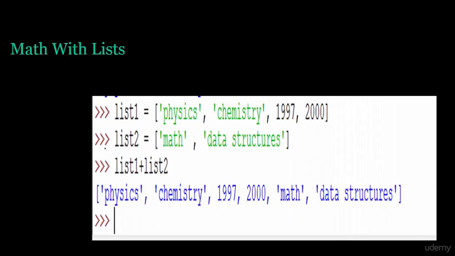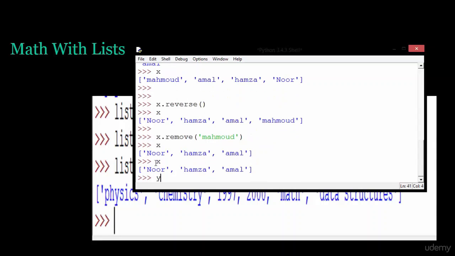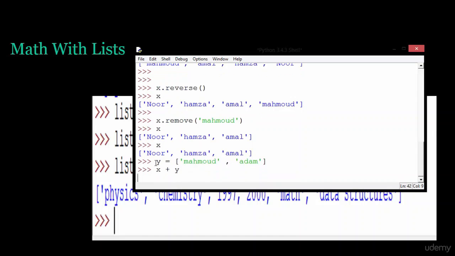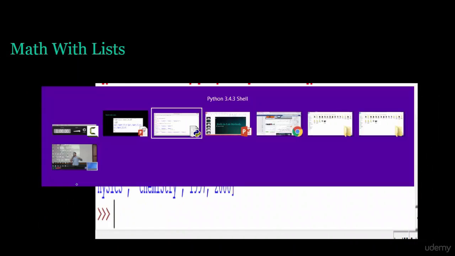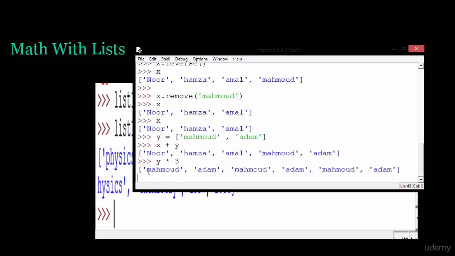Math with lists. If we have two lists like x, and we create another list y equal to Mahmoud, Adam, if we set x plus y, we will get Noor, Hamza, Amal, Mahmoud, Adam. Okay. If we multiply this list, I type y multiplied by 3, this list will be repeated 3 times: Mahmoud, Adam, and Mahmoud, Adam, and only one